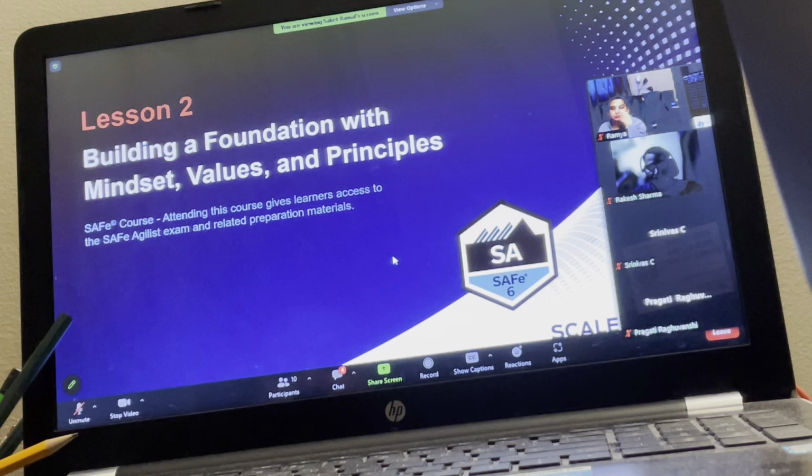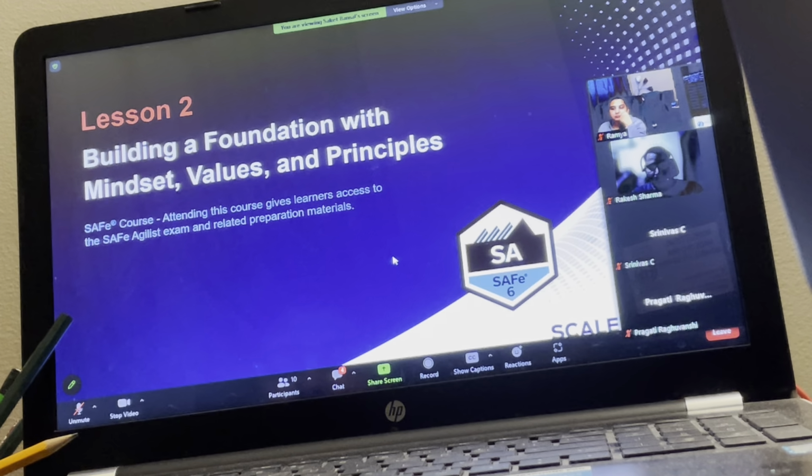We may do, say, team sync, like a daily scrum. That's a meeting, that's an event. But why do we do PI planning? What is the foundational understanding behind it? Why do we work in PIs? Why can't we create milestones and phases alone? So we have some reasons, and those reasons can be understood with the help of principles and values.